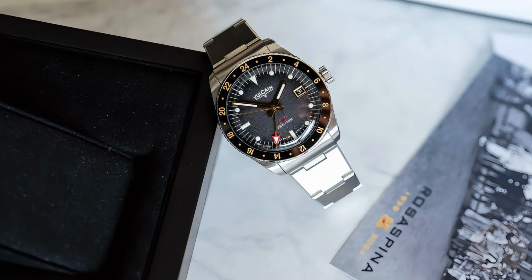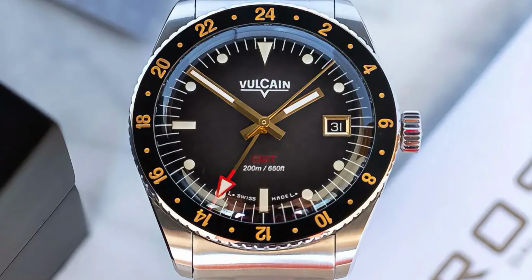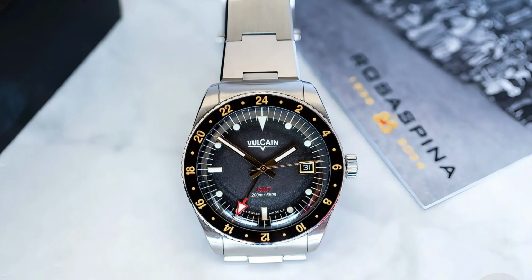Next up is a really cool and vintage-inspired watch by Vulcain, the Nautique Skindiver GMT. This is the brand's first ever GMT watch, and unlike many Vulcain watches, this latest release isn't a reissue of a vintage watch, but an entirely new design. It's really dedicated to the mid-century design, and the styling is one of the most vintage you could buy today. It's a dual-time version of the brand's historically accurate Nautique Skindiver dive watch, but there are quite a few